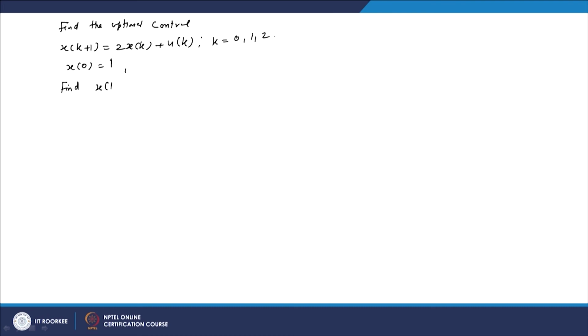So, this can be demonstrated by a simple example. For the equation x of k plus 1 equals 2 times x of k plus u of k, where k is equal to 0, 1, 2, and similar to the previous problem, x of 0 equals 1, we want to find x of 1, x of 2 and x of 3, which minimizes